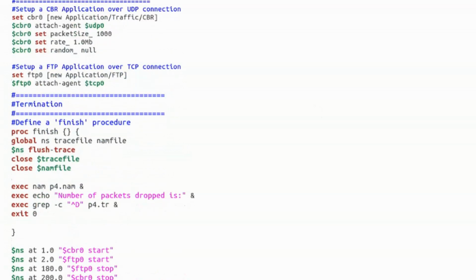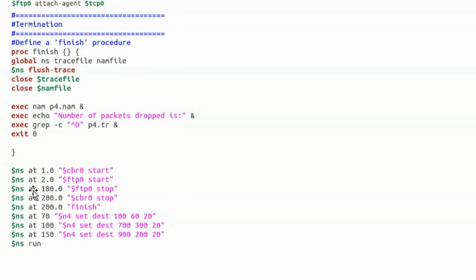That traffic will start at time 1, and at time 2 my FTP traffic will start. After 180 time, I am stopping FTP, and at time 200 I am stopping CBR. At 200 I am calling the finish procedure.